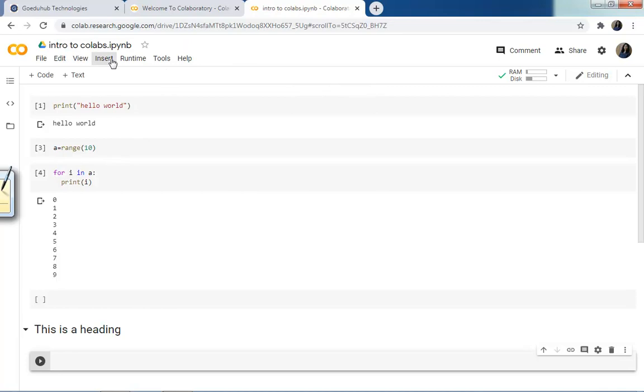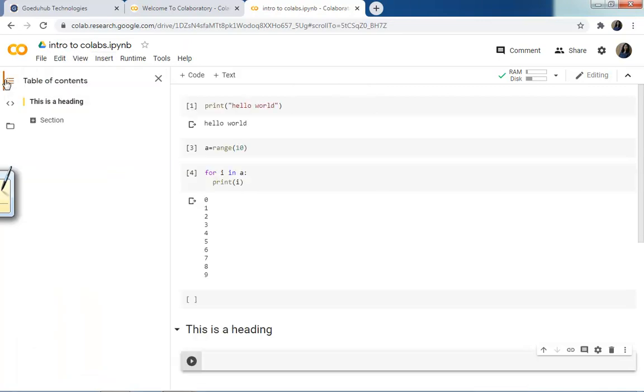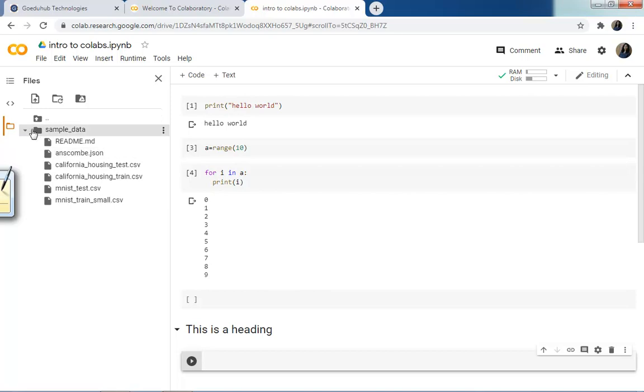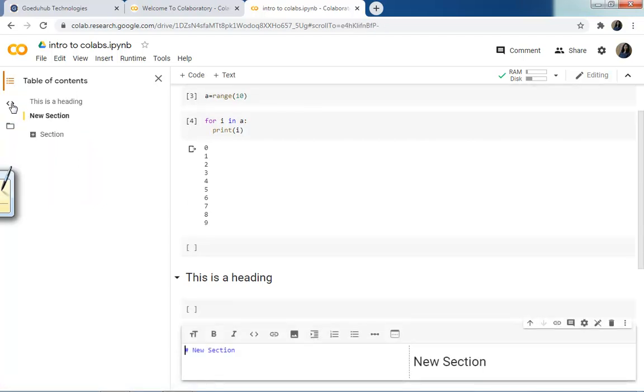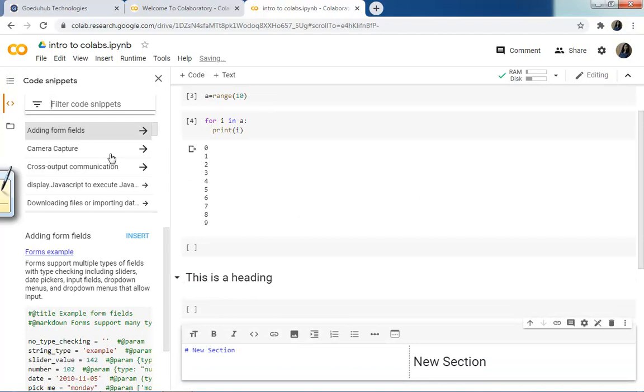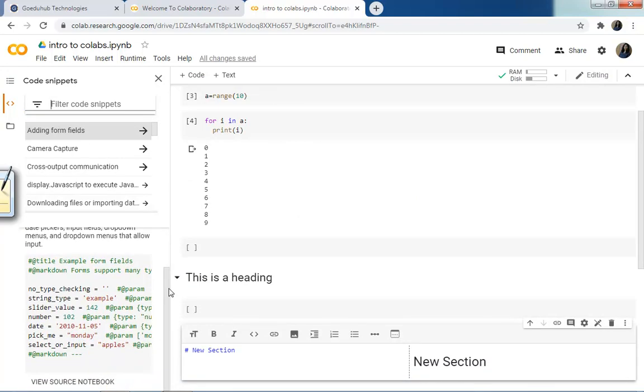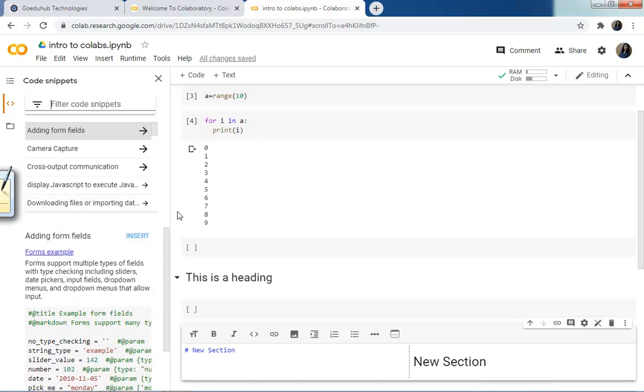So this is the file I have simply created, and there are lots of things already available. You can see here the sample data. Google already provides lots of things with this, like sample tutorials of machine learning and data science, so you can access those also.